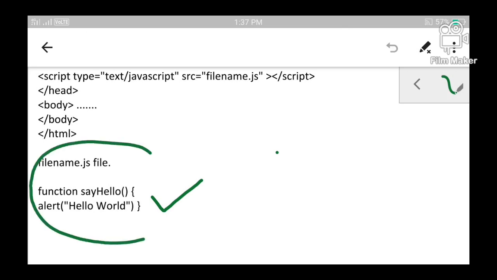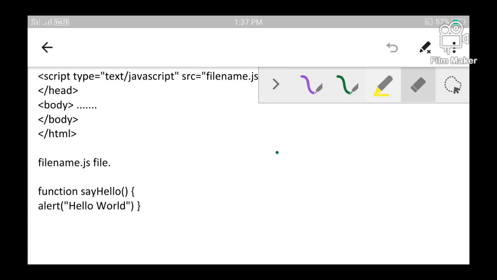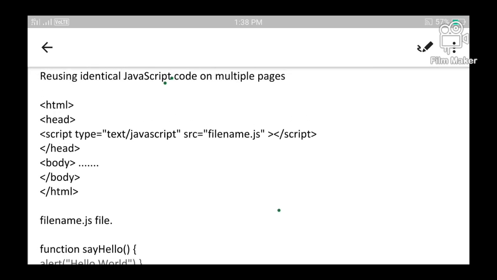So typically this is a JavaScript file which consists of only one function, and that function simply displays the message hello world. Let us see how this function can be called within another HTML document.